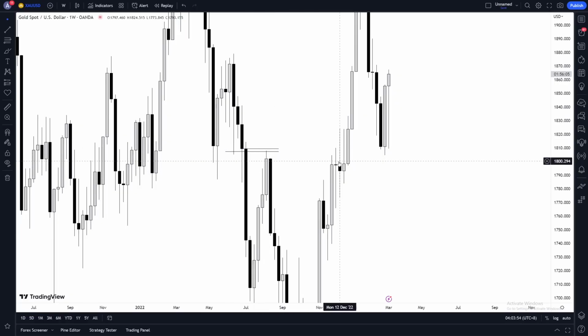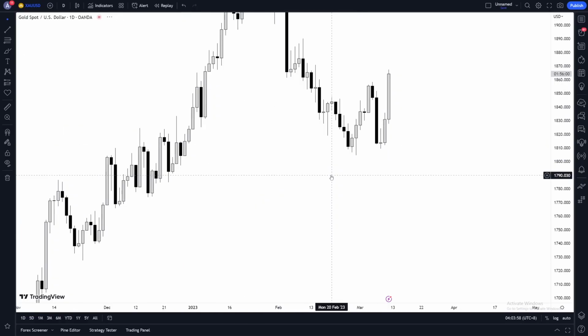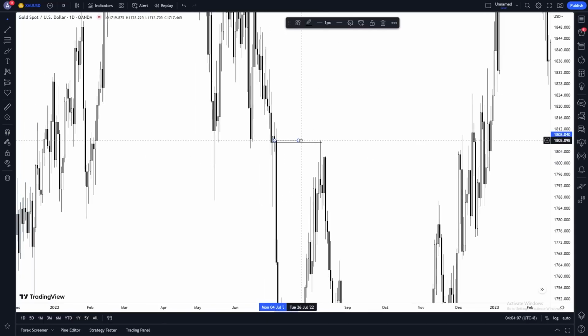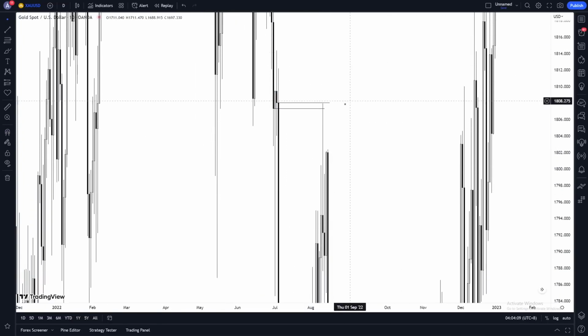But I just keep that at the back of my head. Oh, monthly, I know there's a zone here. Monthly, weekly, I know there's a zone above. Okay, I go daily. Daily, I'm like, ooh, there's a daily MTF. Monthly, so this is the first area I'm going to pay attention to. I drew my line like that. I drew my line like this. Obviously, only one of them hit.